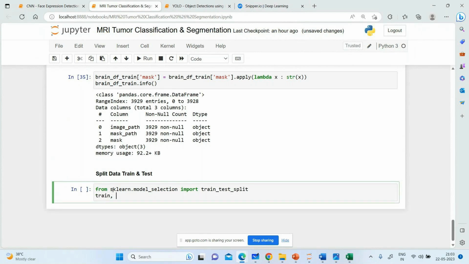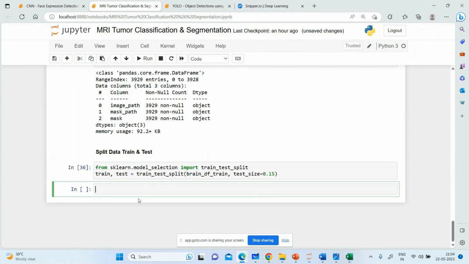Use the function train test split, pass here brain data frame underscore train data. In this case, we will take the test size as